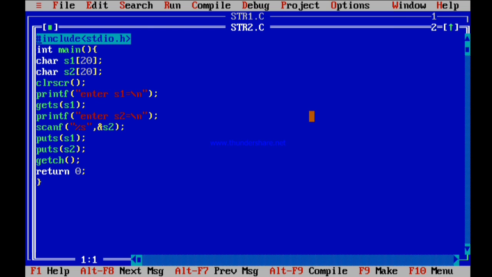Okay, so I'll execute this program. You can see this is asking for my string. I'll enter some string here, hi, how, and it is again asking me for the second string, so that is also hi, how. But it's printing only the first string as the total string, that is hi, how, but the second string is only hi. So what is the problem here?